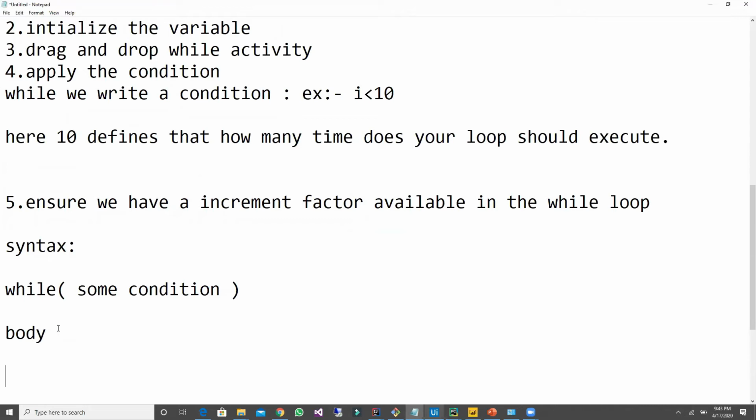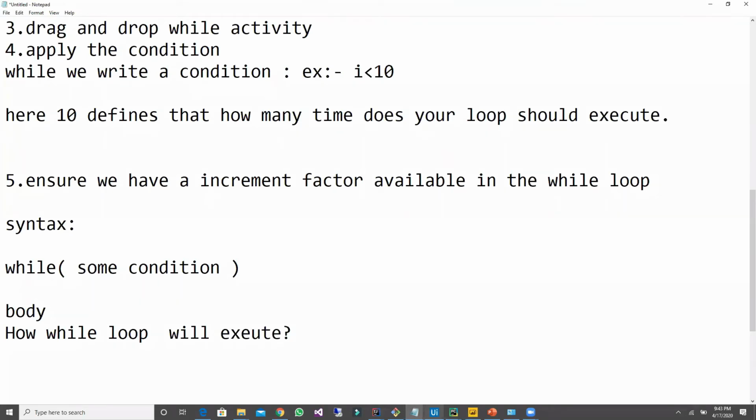Now, how will this while loop execute? Okay. So first it will check for the condition.